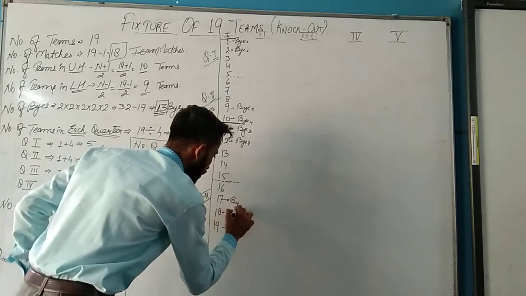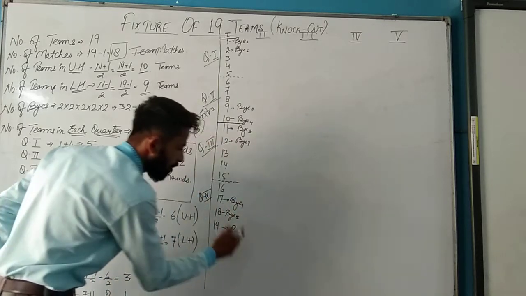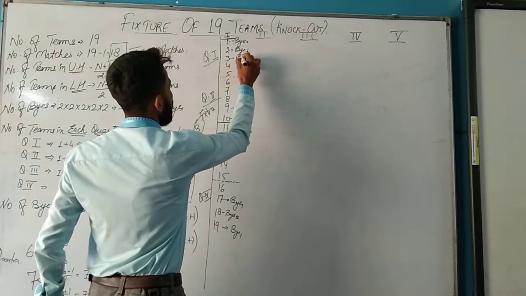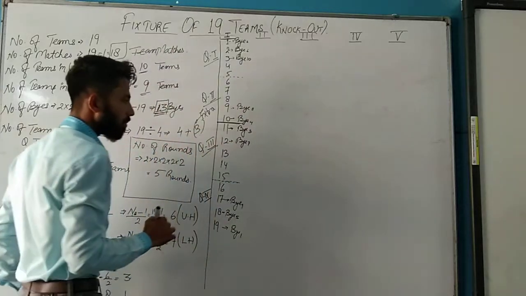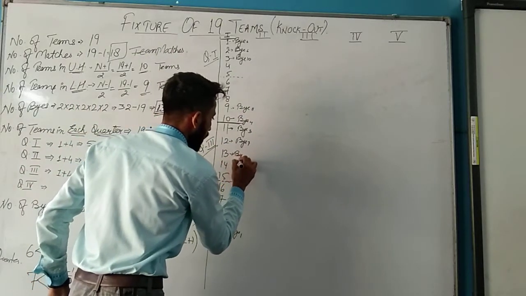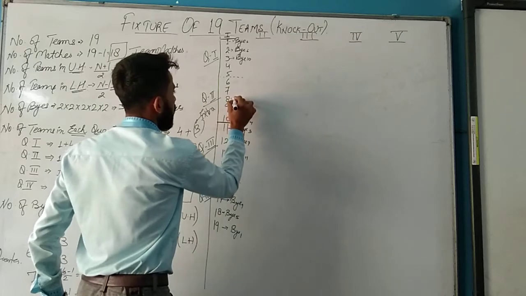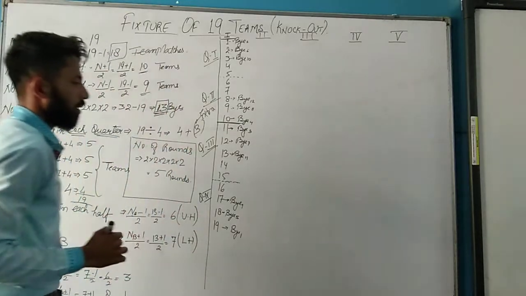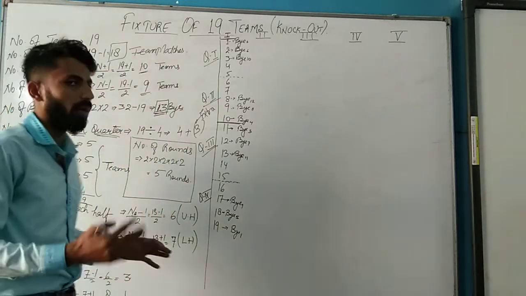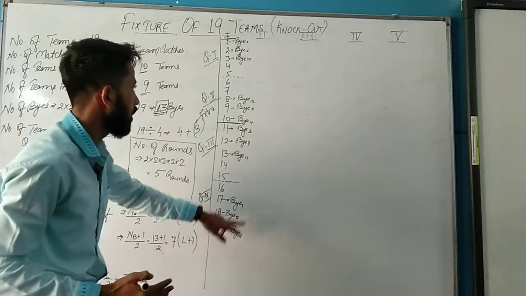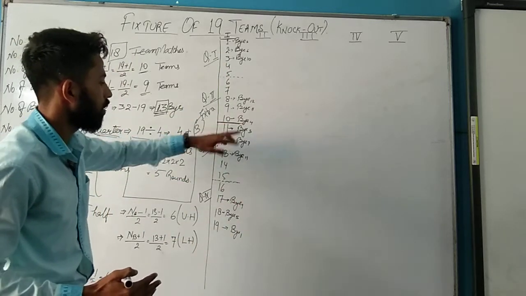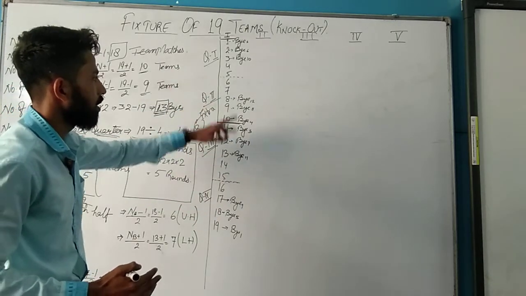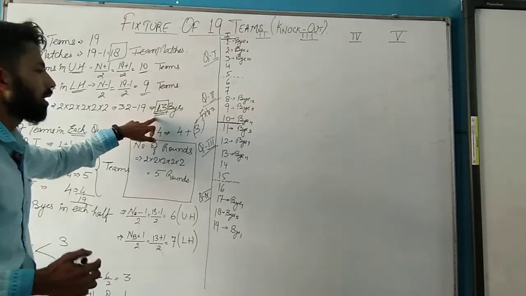Last team of lower half bye 9. ये team complete हो चुकी है. Bye 9 यहाँ, bye 10. Now again bye 11 and this bye 12. See what happens, we had given the number of byes, 12 byes we had given. 1, 2, 3, 4, 5, 6, 7 and 8. Again 9, 10, 11 and 12. The last bye is the 13th bye.